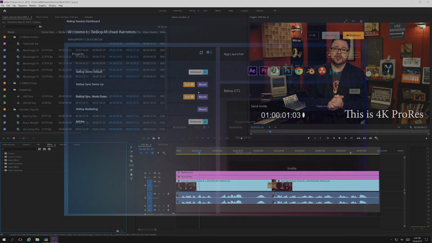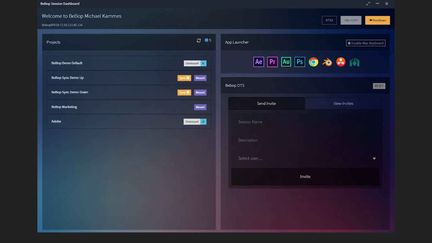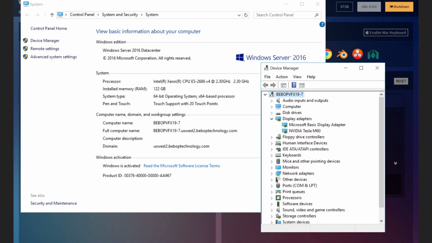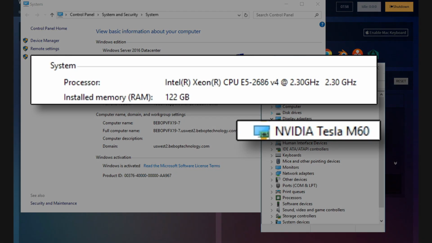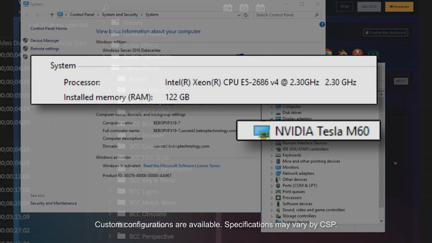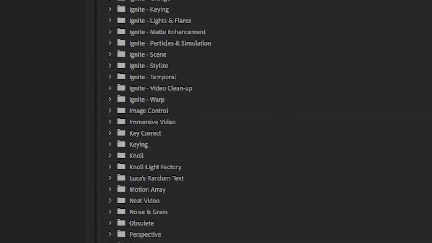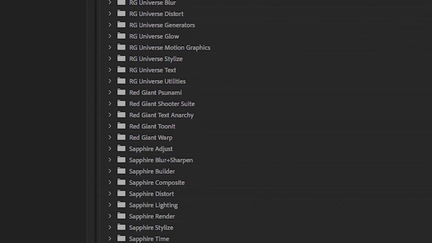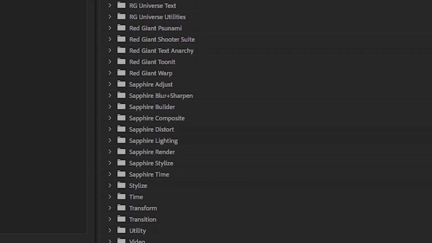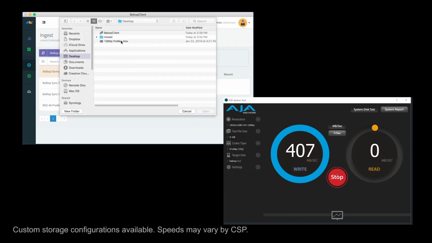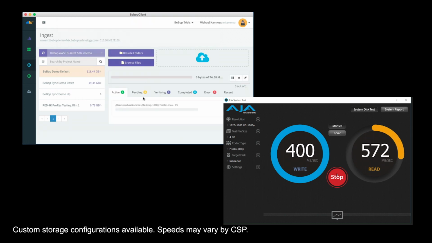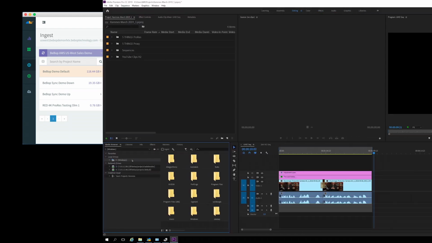The Bebop platform allows for all of the horsepower you'll ever need to edit and deliver in the cloud. This includes NVIDIA CUDA GPU acceleration, which enables more real-time performance than just using a CPU. The Bebop platform also supports tons of popular plugins for Premiere Pro, so you can create without limits. Using fast Bebop storage, you can navigate, browse, and add uploaded assets in whatever resolution you want.